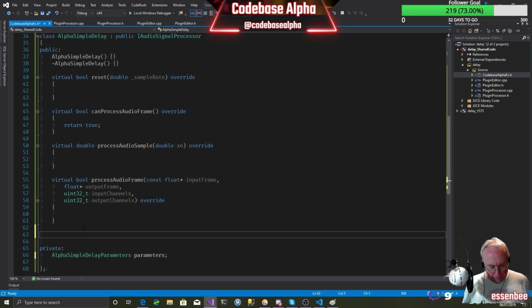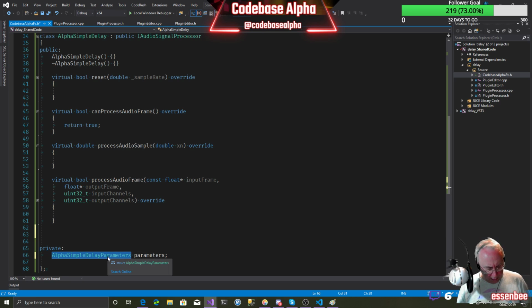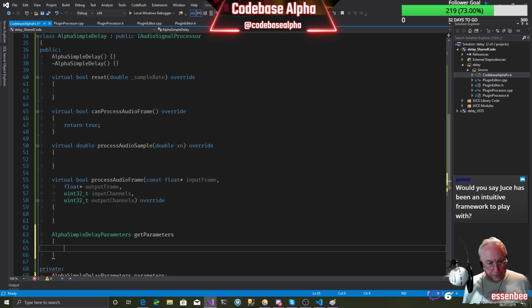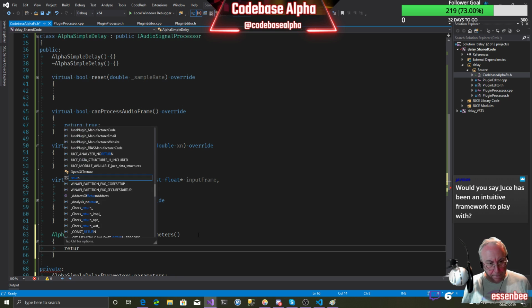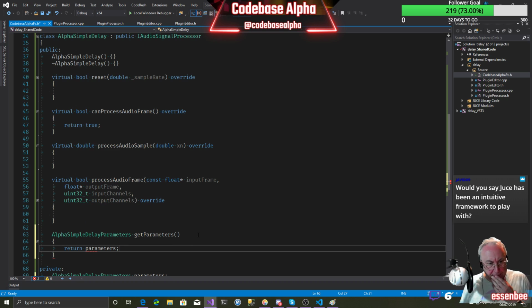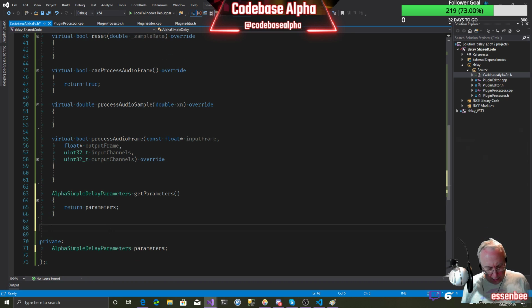Yeah. So this is going to be audio delay alpha simple delay parameters. That's going to return that. It's going to be get parameters, and that's going to take no values. It's simply going to return parameters. Okay, and then we want a void method which is going to be called set parameters, and that's going to take in